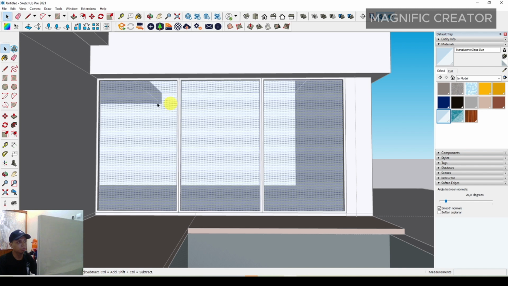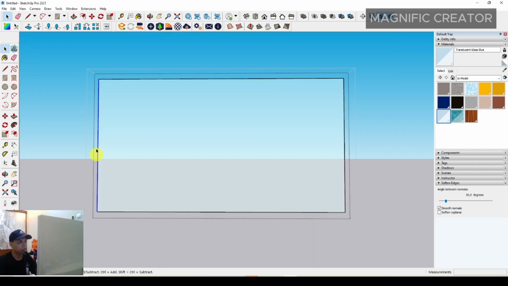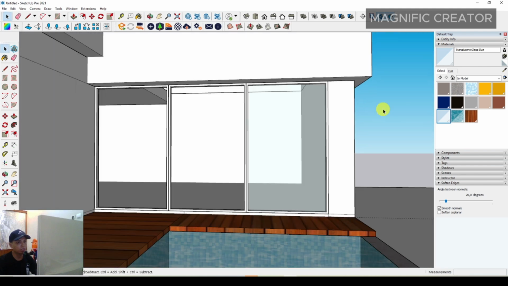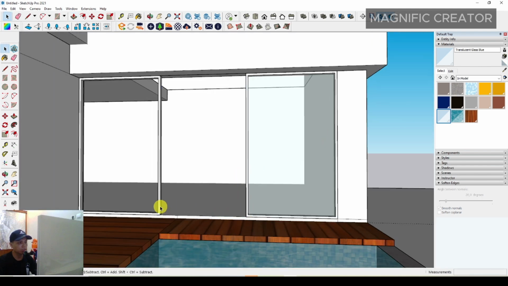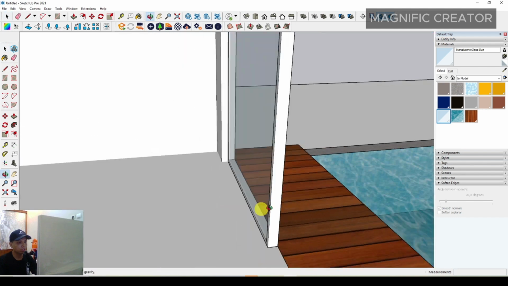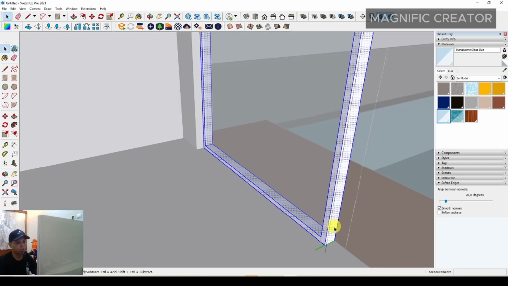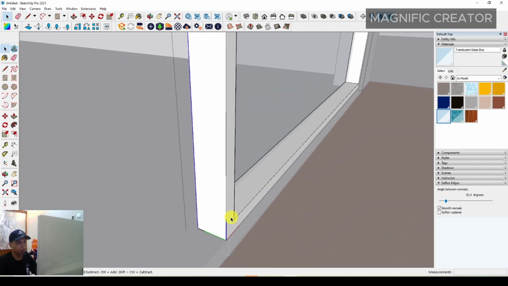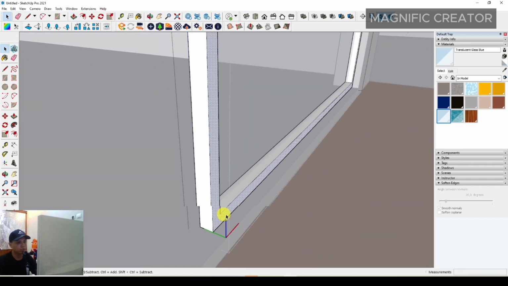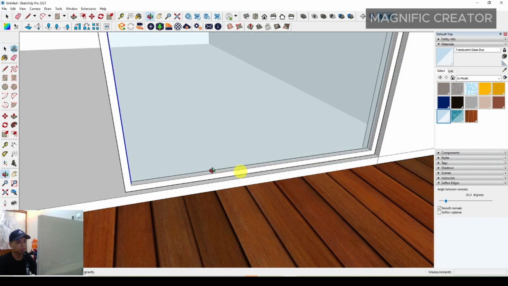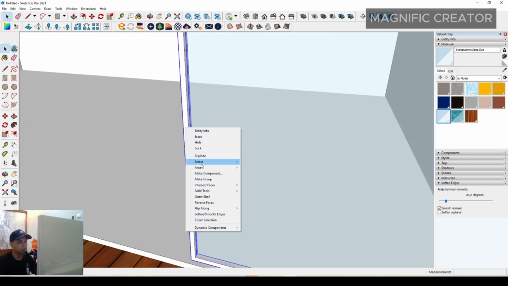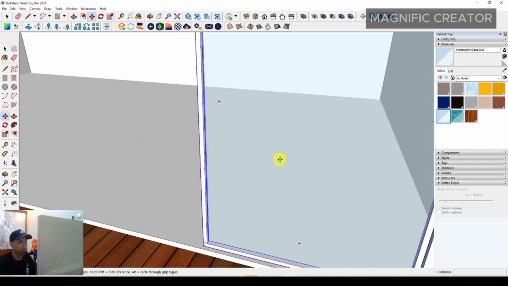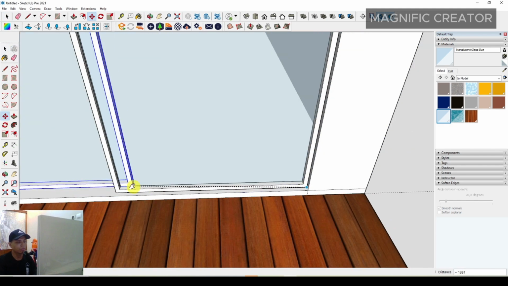Or you can adjust the glass to make it more realistic, and you can just delete this one, and you can adjust the door thickness in this area, maybe something like this, and make it a group and a component. Just create it and move and press Control,